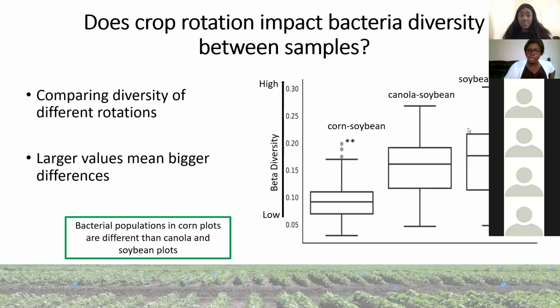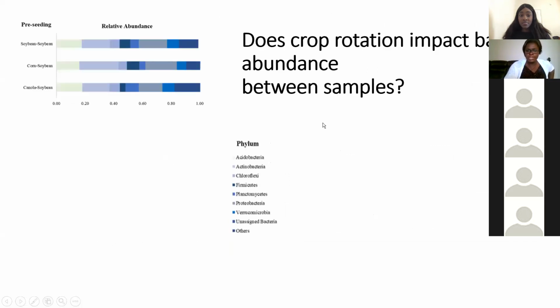Next, we looked at the community abundance. So what's the abundance in this plot? And to do that, again, QIIME, sorry I keep throwing QIIME at you, but these are the tools we use. This is the tool I used for this. QIIME was used to assign taxonomical